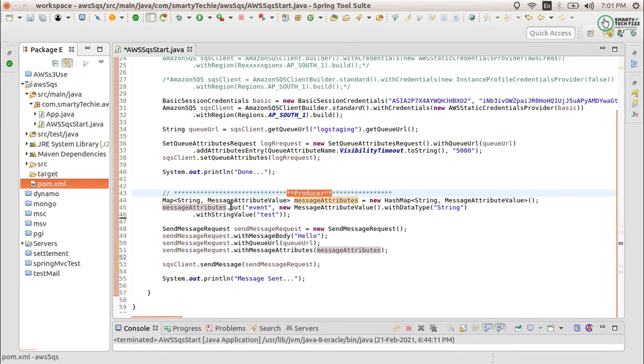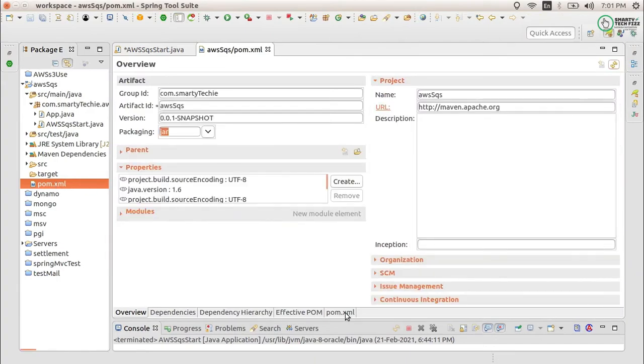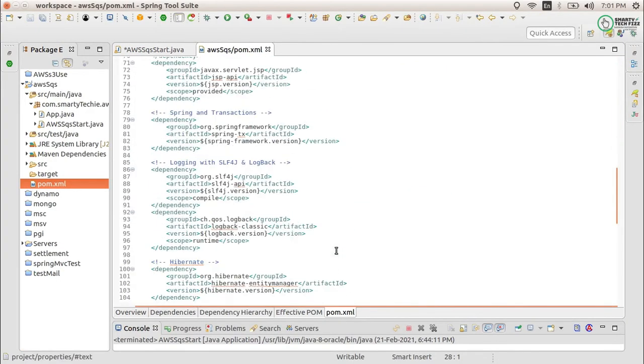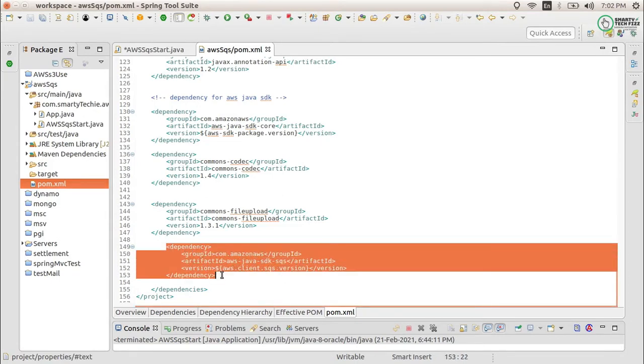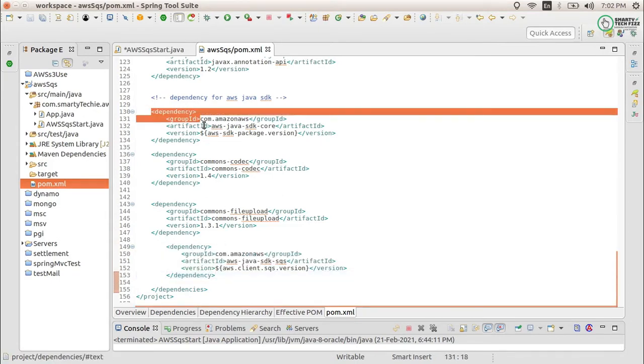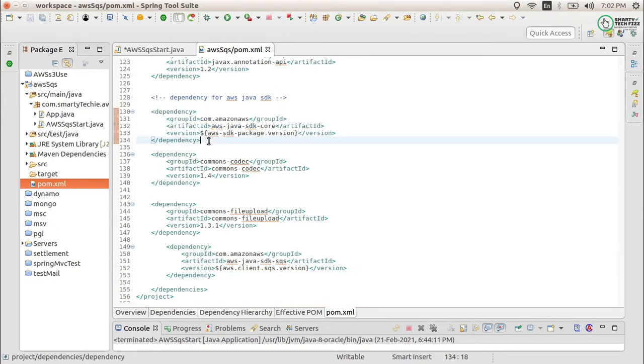And yes, one more thing that I forgot to tell you about in the last video, that we have to add the dependency as well in the pom.xml, that is this one. We have to add the core, that is, the core should be added for every AWS service.